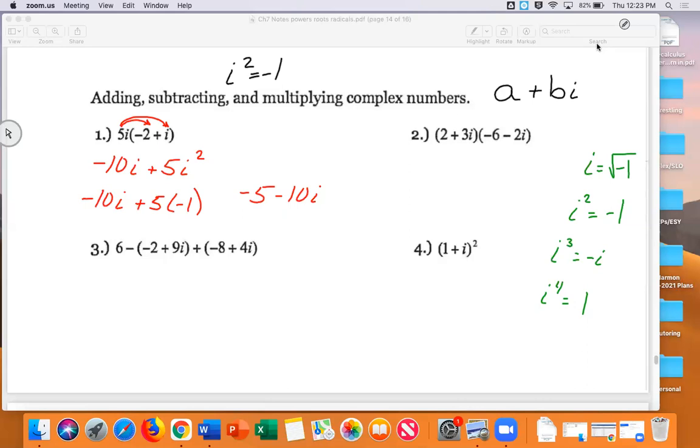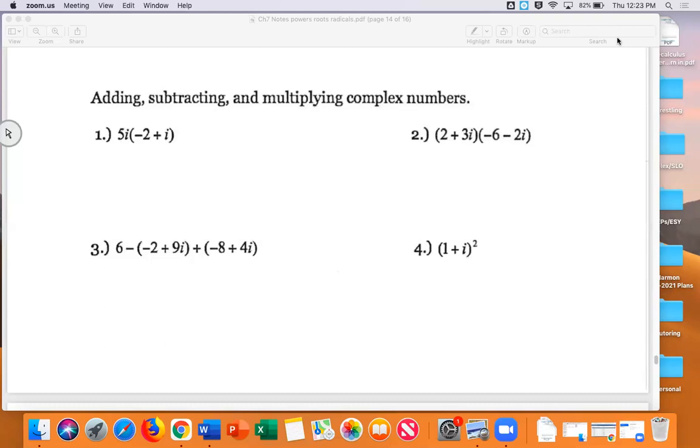Or 77, no, it was 37. So it'd be 1 left over. So it would behave the same way as i. So it'd be i. I to the 77th and i to the 1st are the same. All right. So up here,